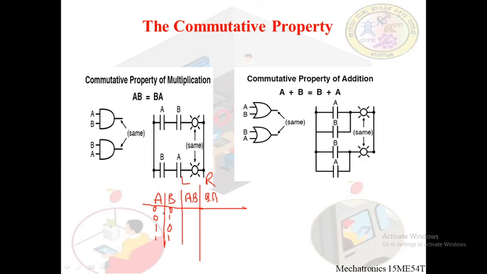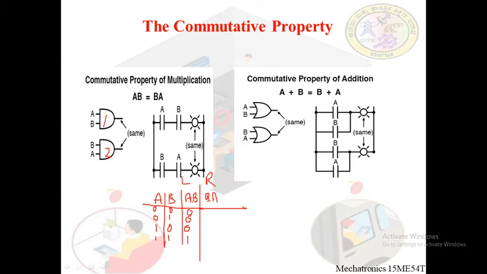Now we will start verifying. We have taken AND gate here, AND gate 1 and AND gate 2. AND gate 1 verifies left hand side, AND gate 2 depicts right hand side. A and B ANDed here to get one single output, and B and A ANDed here to get another output. We will multiply 0 into 0 is 0, 0 into 1 is again 0, 1 into 0 is 0, 1 into 1 is 1 for A and B.